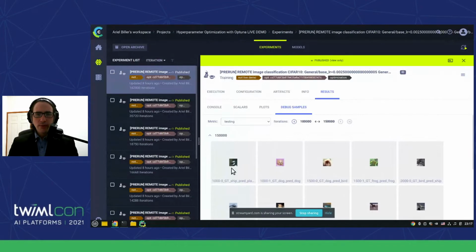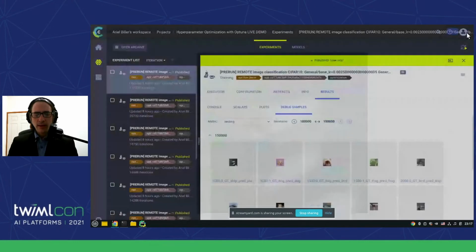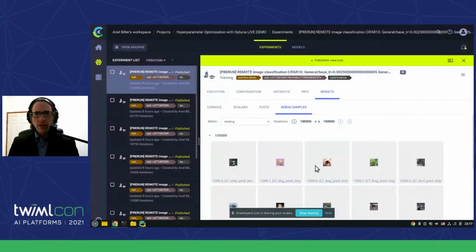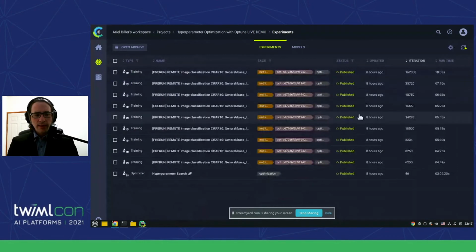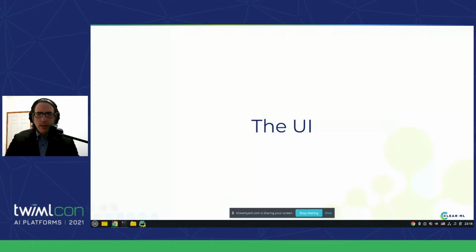And there's full screen view. This is CIFAR, so it doesn't really make sense to do a full screen, but I think you understand why. I meant it's drilling down to the image level. And there's actually more features to do this. You can do it in full screen, but I want to move on with the demo. So let's leave it at that and go back to the main screen.